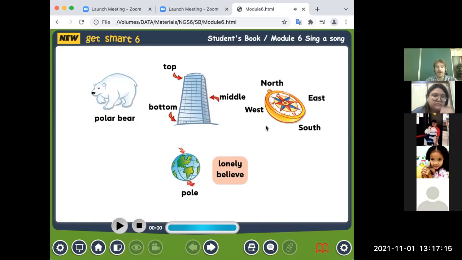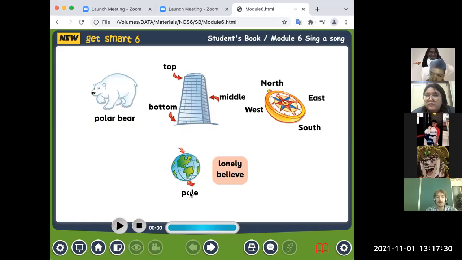Okay, and now we will learn a word which is connected to Earth. A pole. Pole. It could be connected to Earth, but also to some other things.